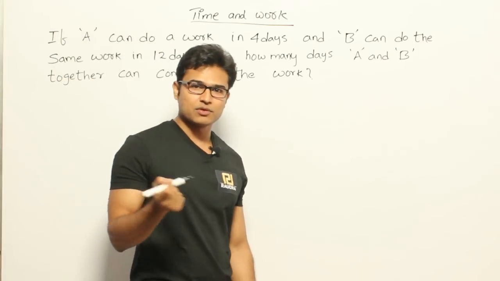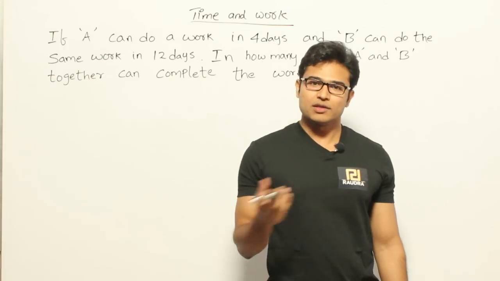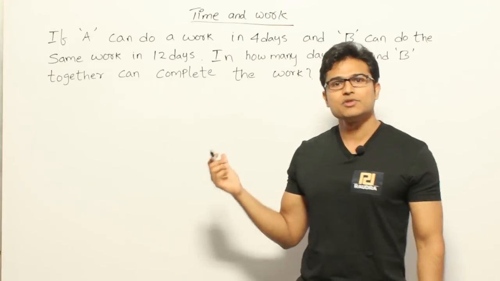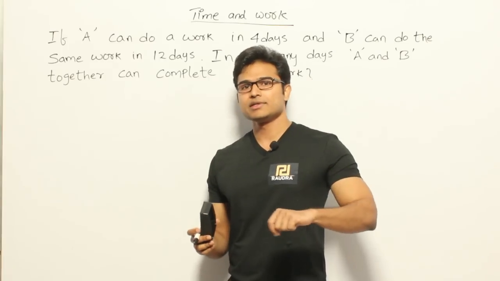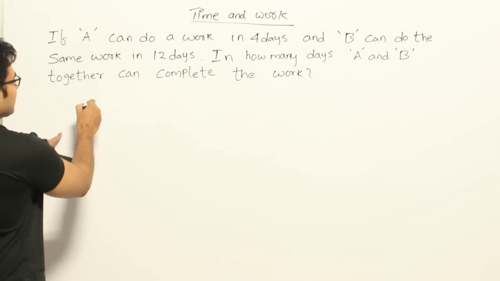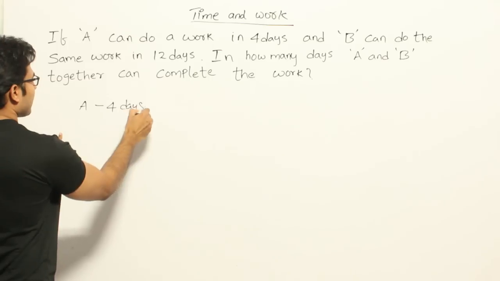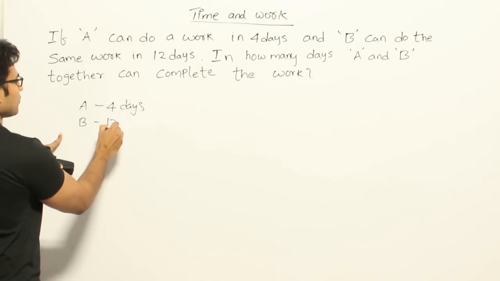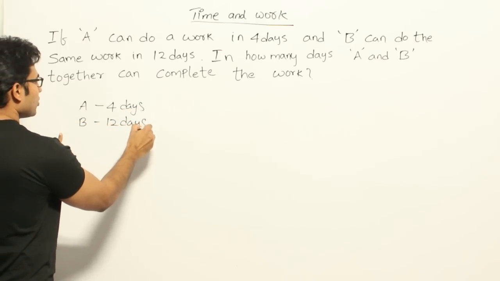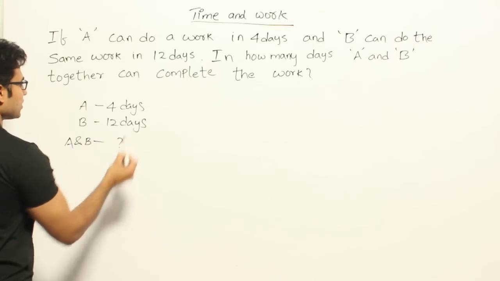Even though the formula is going to work for some questions, it is not very easy to solve all the questions using formulas. So let me show you how the formula works for this, and also I'll show you the other method. They are saying that A can do the work in 4 days and B can do the work in 12 days. Now if A and B both are put to work, then how many days does it take to